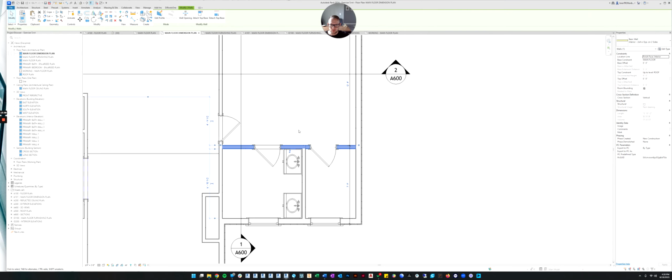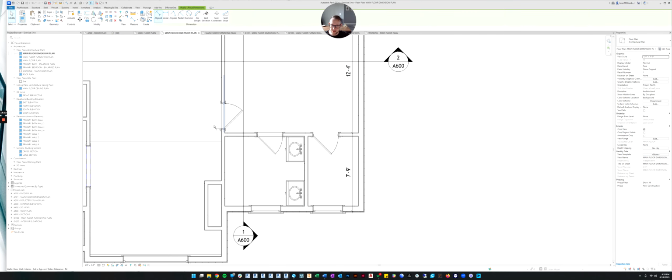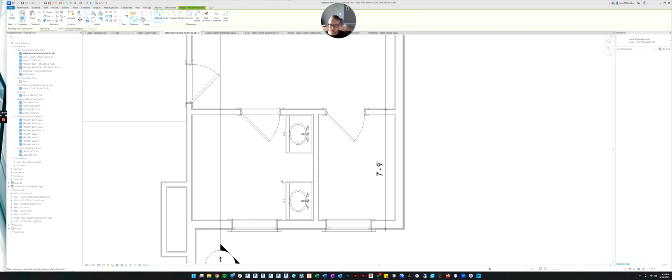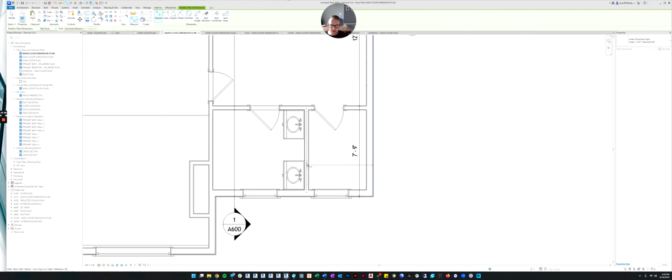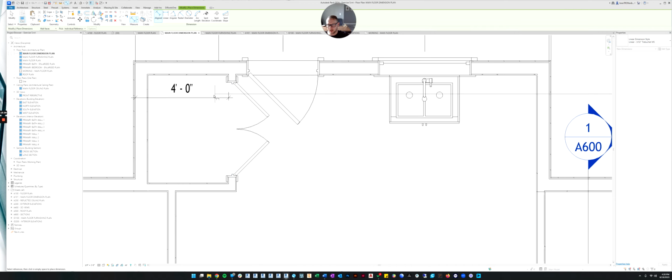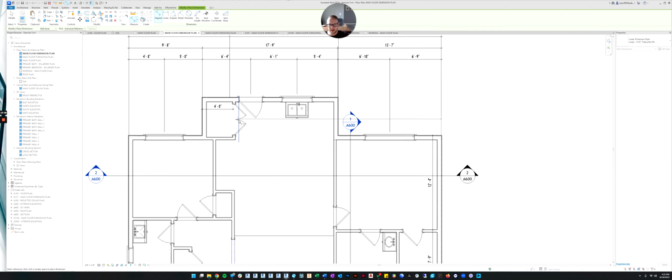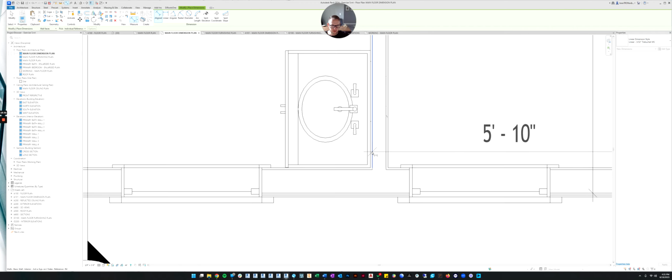So now that wall's in place. What about this wall? That one also needs a dimension. So let's use the dimension command. Let's go to the outside face. And then these vertical walls, I've been picking the left side. So let's just continue to pick the left side of the wall, the framing.